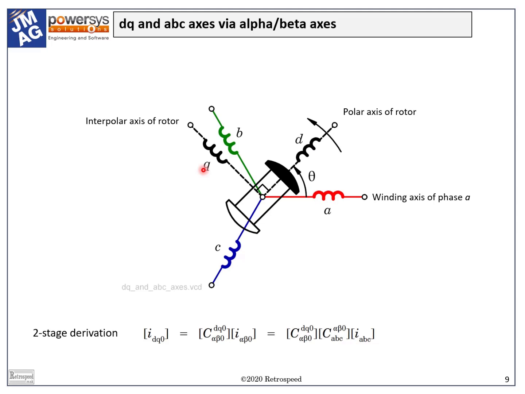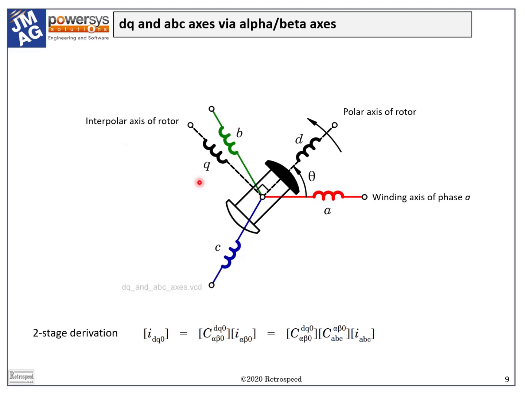There are other three-phase to two-axis transformations in which the DQ axes rotate at different speeds or don't rotate at all, and these transformations are useful for various purposes, but we don't need to give them any further consideration here. Let us express the ABC currents by a vector, not a space vector, not a complex number, but simply an array of three numbers, or a column matrix with three rows, and the DQ currents by another column matrix.